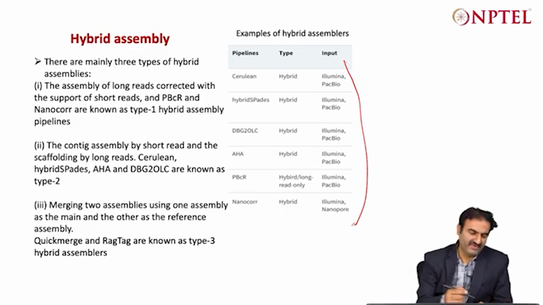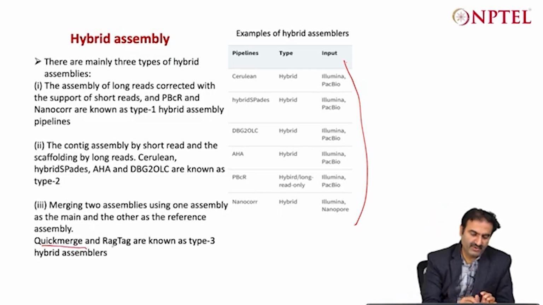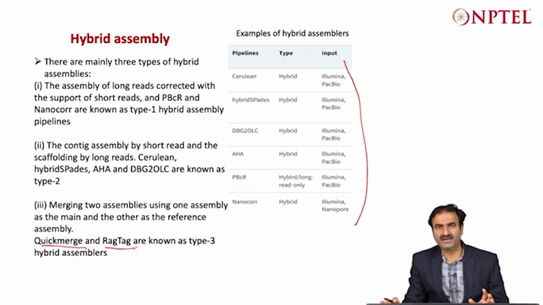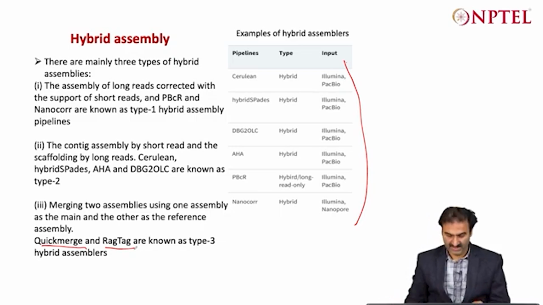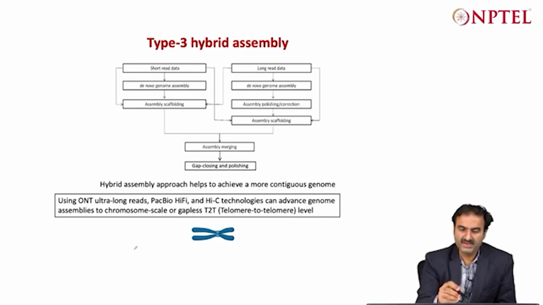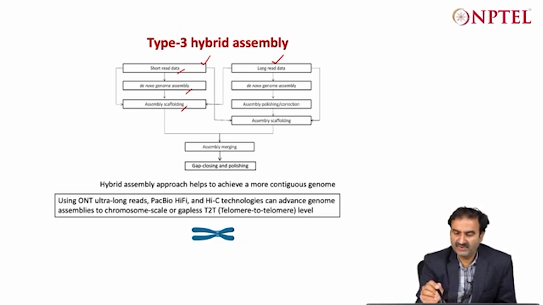Two tools we commonly use are Quickmerge and RagTag, and in just one slide I will revise what those tools are and what their basis was. So the idea is to use the short read data. You have short read data and long read data. You assemble the short read data, and once you have done the scaffolding, at this place you can